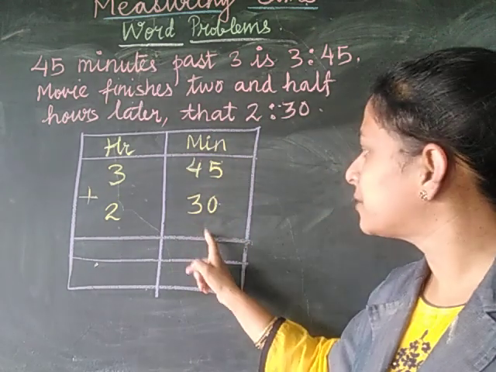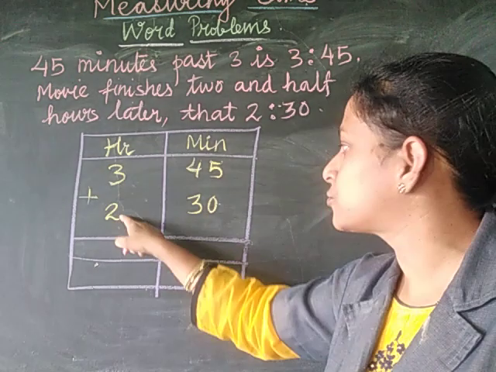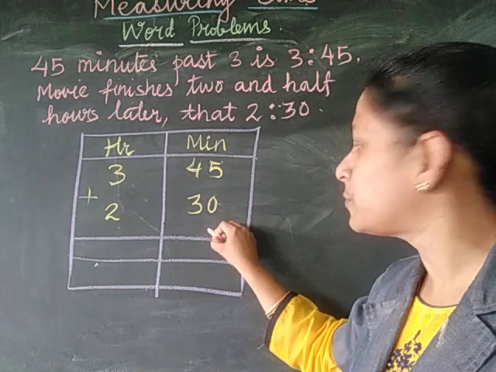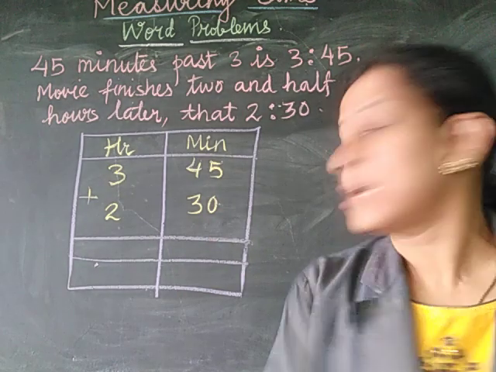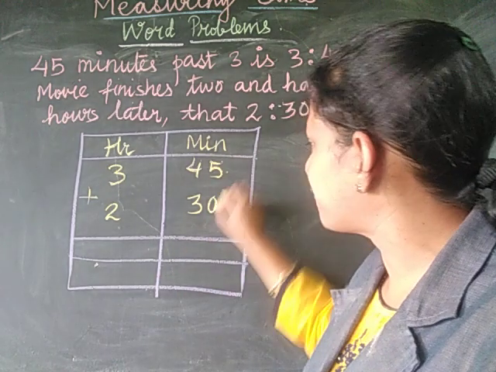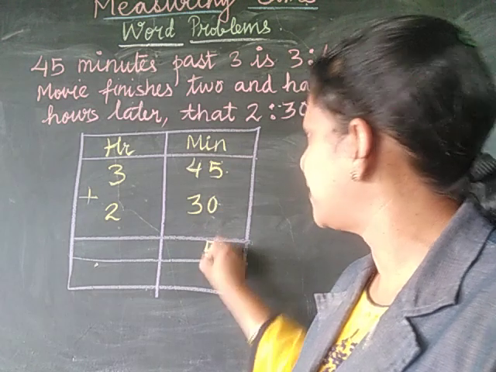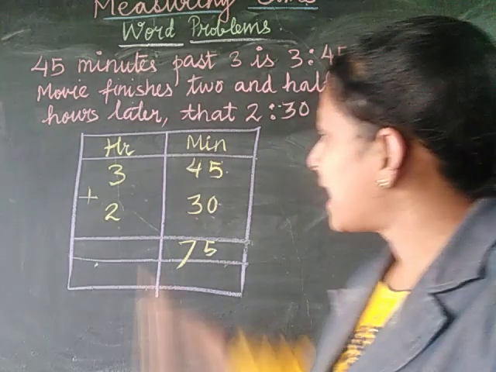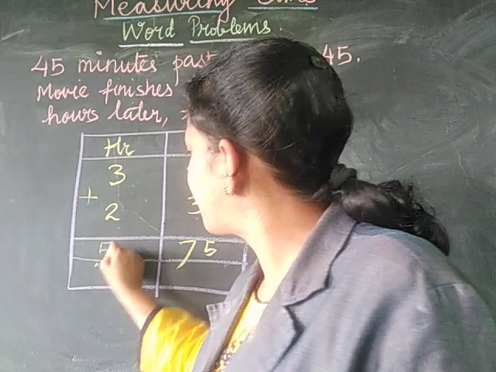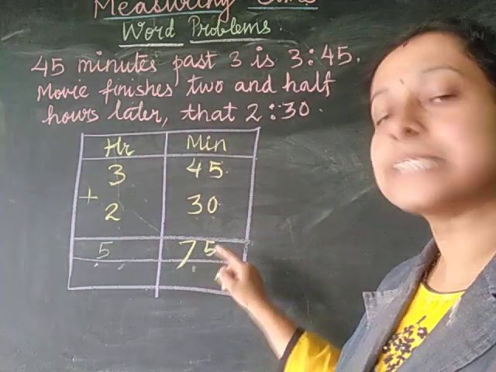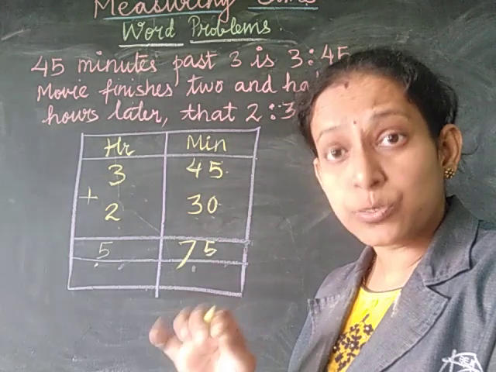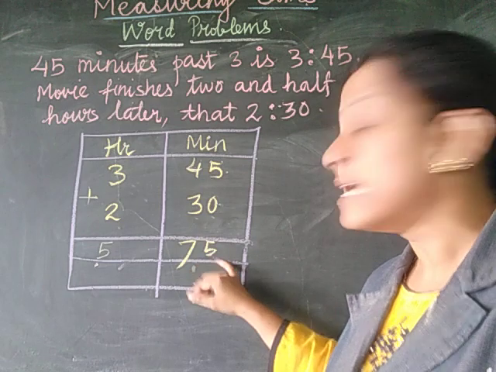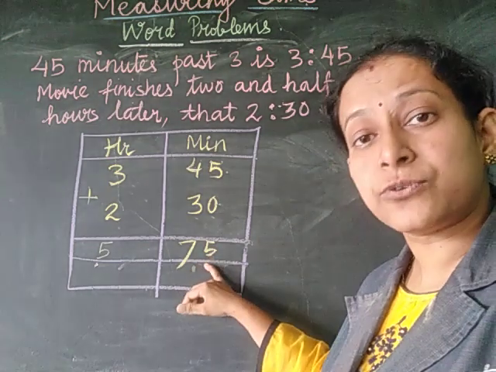Right? So now what we are going to do? We have to add these two timings to find out at what time it got over. So for that we will do first addition. So addition we have to do: 5 plus 0 is 5 and 4 plus 3 is equal to 7. Okay, students? And 3 plus 2 is equal to 5. Now last time we have learned that an hour has only 60 minutes, and now you see it has crossed 60 minutes, it has become 75. That means what we have to do?